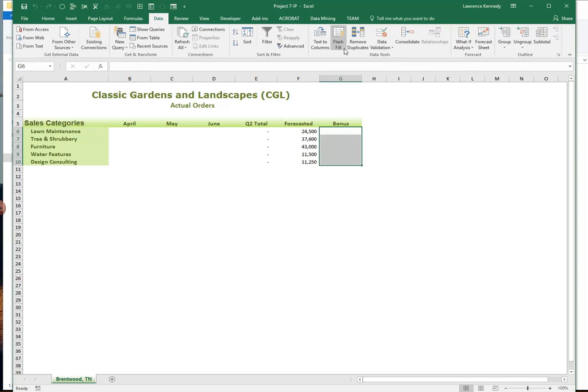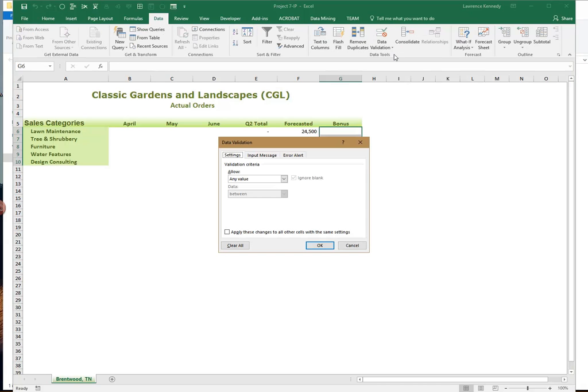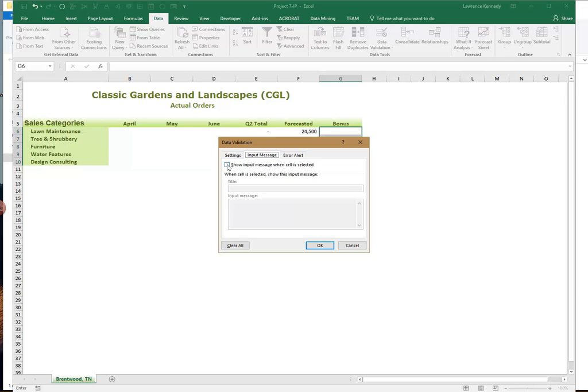I'll go into data, do the data validation. And here I'm creating a list. And the list is going to read 2,000, 5,000, and none. And the input message, if someone needed to know what was in that range, the title is data entry. And the input message is